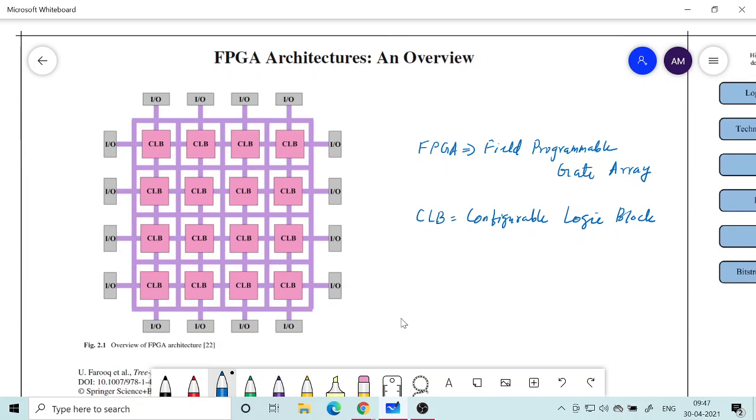Okay, so that means you just cannot contain a big logic implementation in one CLB. It has to be distributed across many CLBs. So these CLBs have to be connected in a particular fashion according to the logic that we want to make inside the FPGA, and therefore we need to route the connection from one CLB to the other.